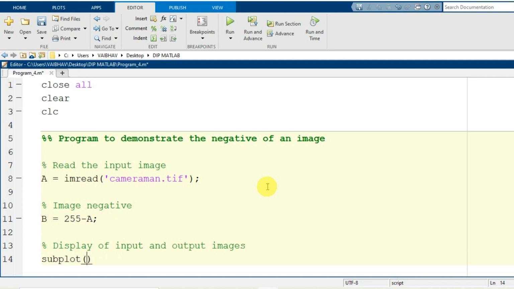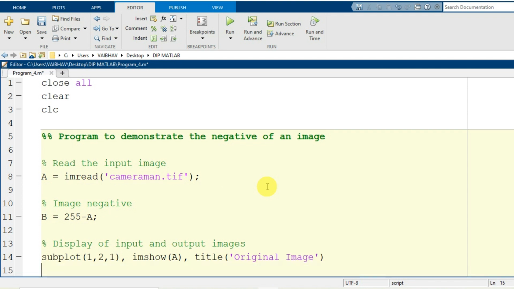As we have only two images, the original image and the image negative, I will make one row and two columns and assign to the first cell, and the display will be with the help of the imshow command, and this time the input argument will be capital A. There is no change of data type to the input argument capital A, as originally we have the data type of the cameraman.tif or lena.jpg as uint8. Here I will mention the title within a pair of parentheses and single quotes: original image.